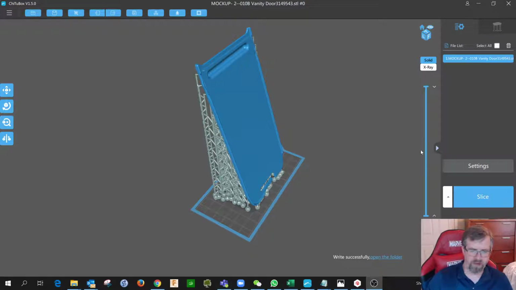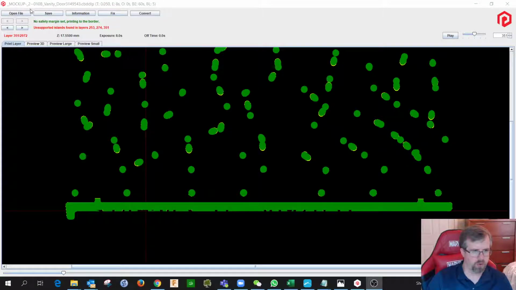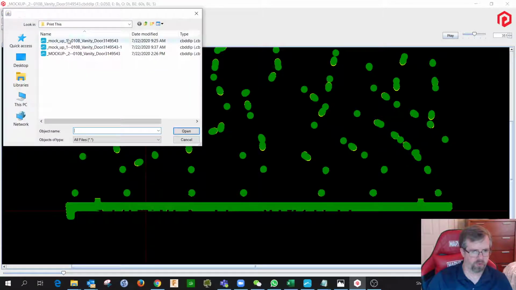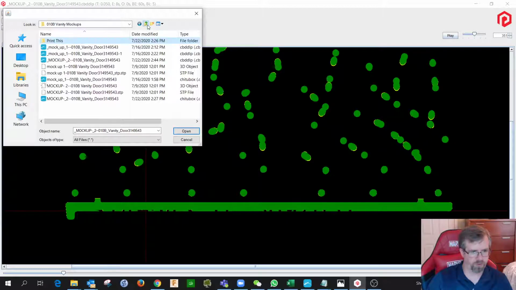Okay, now that the file is saved, we're going to go back through and use Photon File Validator to open that same file. Mockup number 2, just saved a moment ago. Let's see, hold on, did I save that in a different folder? Yes, I did. I accidentally saved it here. So that one's the later one. And I'll click on open. And now we will